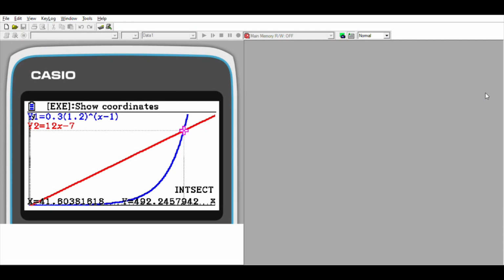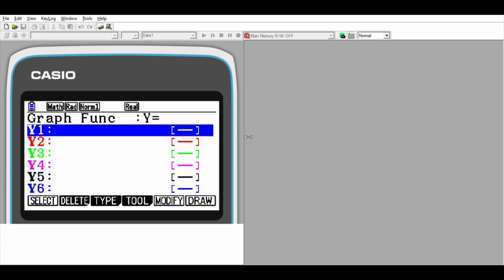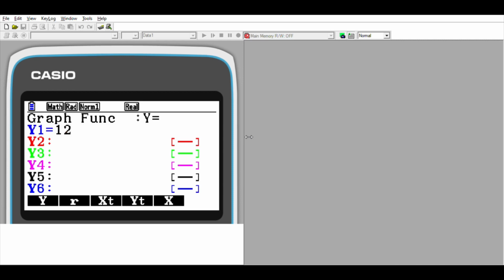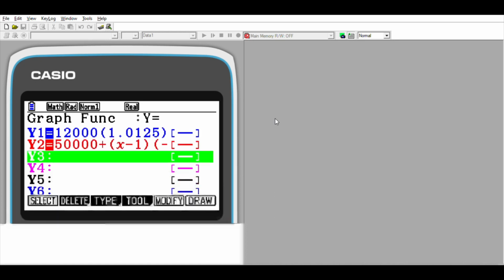Okay, so if we go back to the calculator, this is the previous problem, so I'm going to delete this and plug in the new equation. The first one is 12,000 times 1.0125 to the power of x minus 1, and the second equation is 50,000 plus parentheses x minus 1 times negative 175. There you go. So once we have both equations written, we draw this by pressing F6,